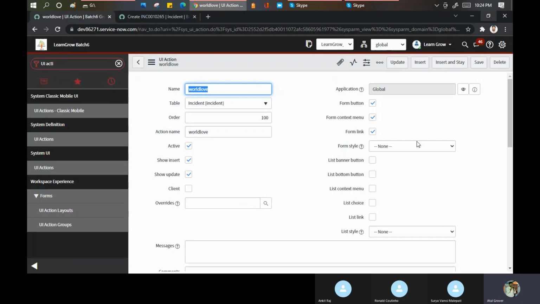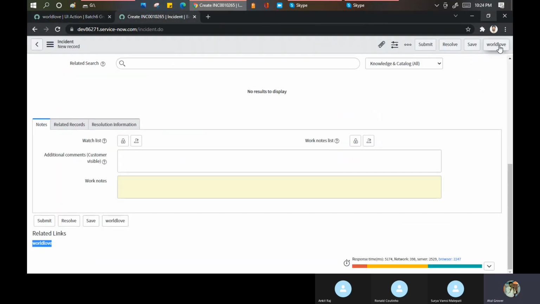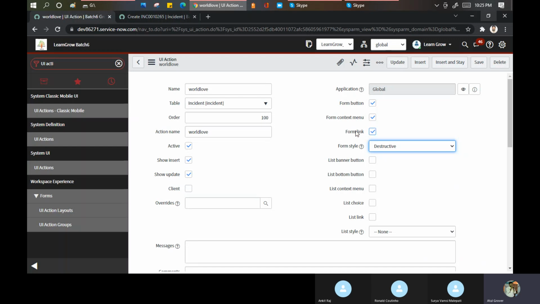Now, if you want to put any style, destructive means it will become a red color. Like major incident, ये वहां से आते हैं colorful होके. ठीक है. List banner button, list bottom button, list context menu, list choice, list link. And I put it as unstyled. Why I'm putting unstyled? So that we can identify that ये option कहां से आ रहा है.